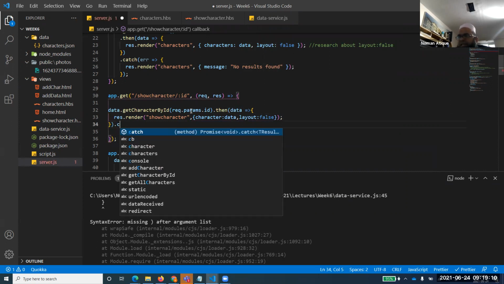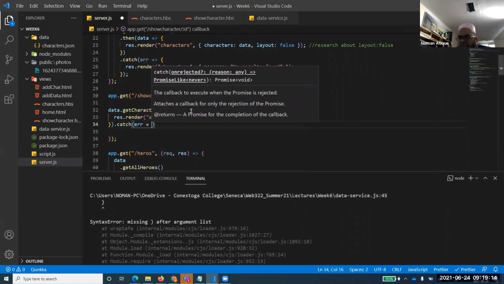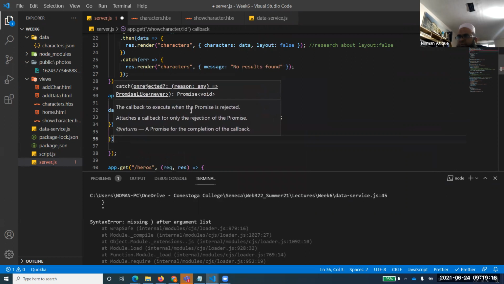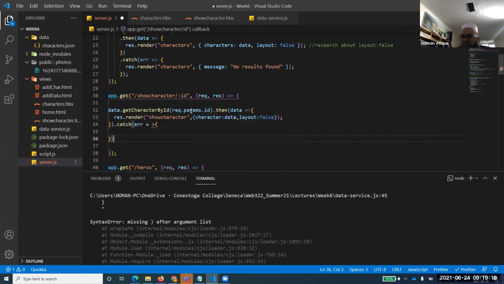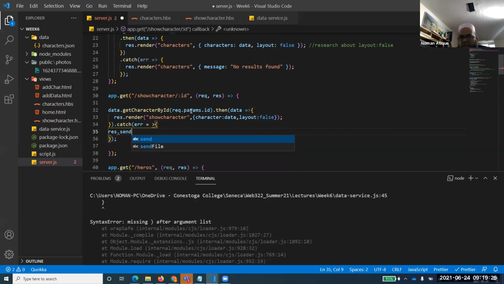Now I need a catch part. So if an error happens, do what? Run a function. And in this function, do what? You have to do res dot send. Maybe we are just sending no data found.